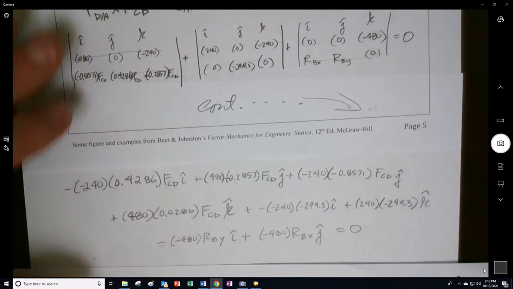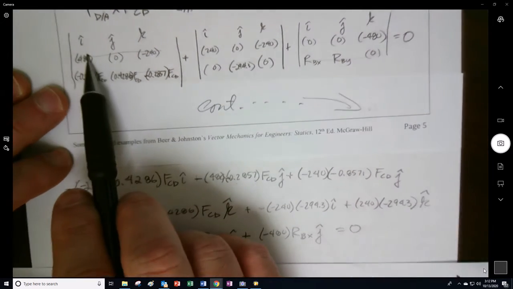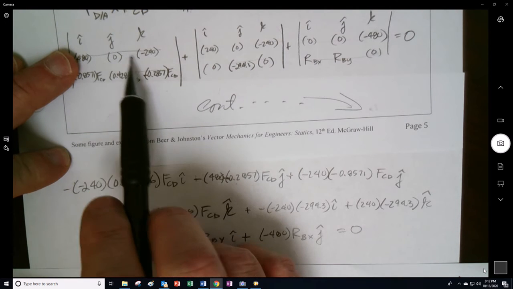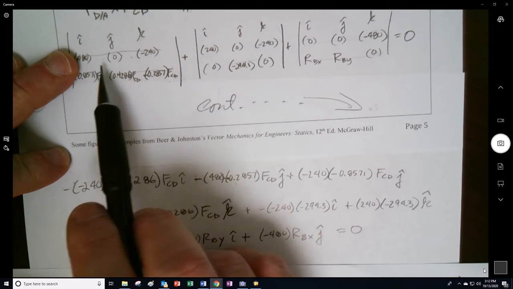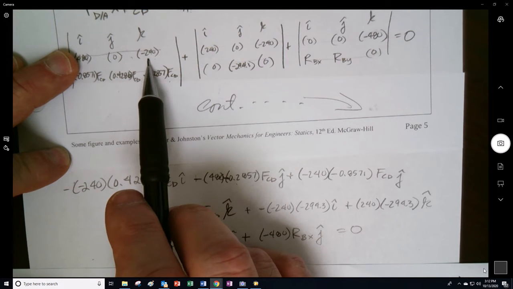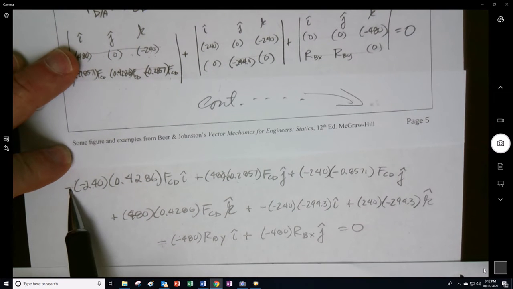Let's see. So I have left off a lot of the zeros in here. So I take a look at the I, and that's going to be 0, but this is not going to be 0, but it's going to be subtracted. So it's negative this, which is negative times that, times I, right? So negative